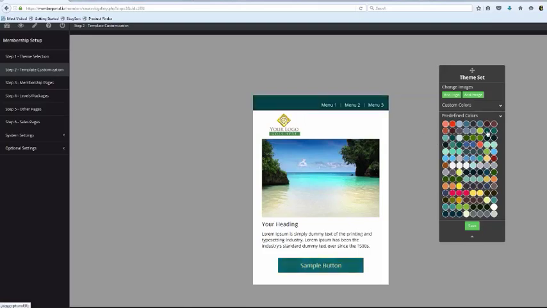So if I click this here, that looks pretty good. That looks pretty good. That looks pretty good. That looks pretty good. It's really hard to screw up these colors, guys. Have you seen one that looks ugly yet? Yes or no? No. You can be colorblind. You can't screw this up.